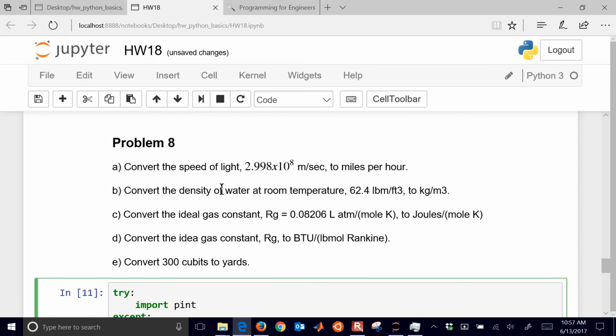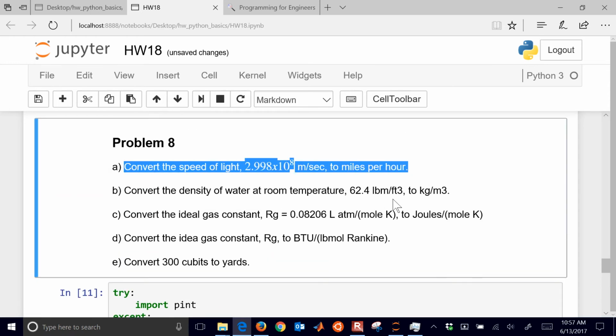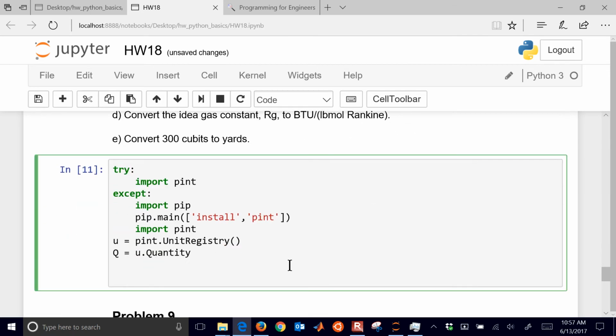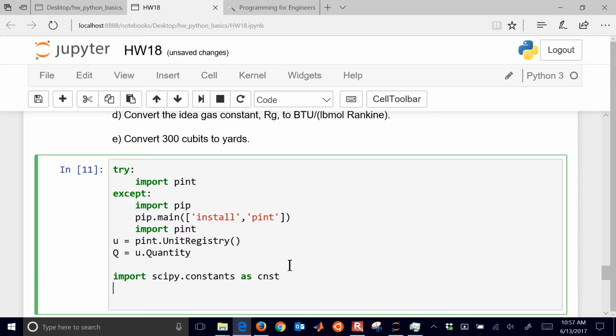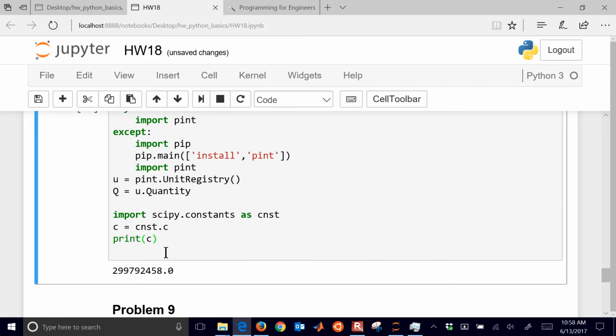Okay, so let's go to our very first example. We want to convert the speed of light to miles per hour. Okay, so let's go ahead and do that. First, we're going to do the speed of light. Okay, so if I forgot about the speed of light, I can do SciPy constants as CNST, and then the speed of light is going to be CNST.c. Okay, so I'm going to do C equals CNST.c. Okay, if I just print C, I can see that it's going to be in meters per second,